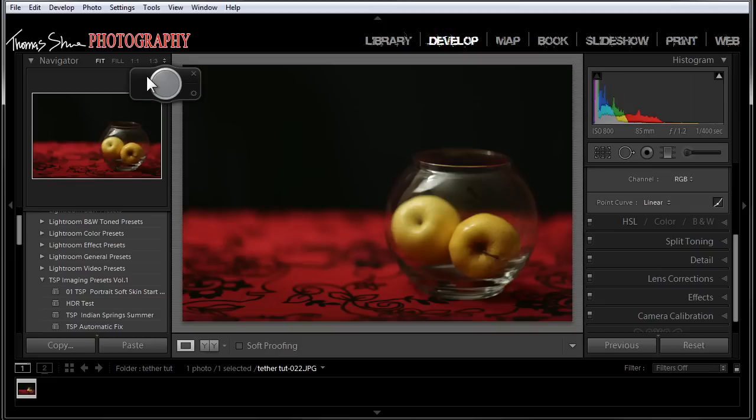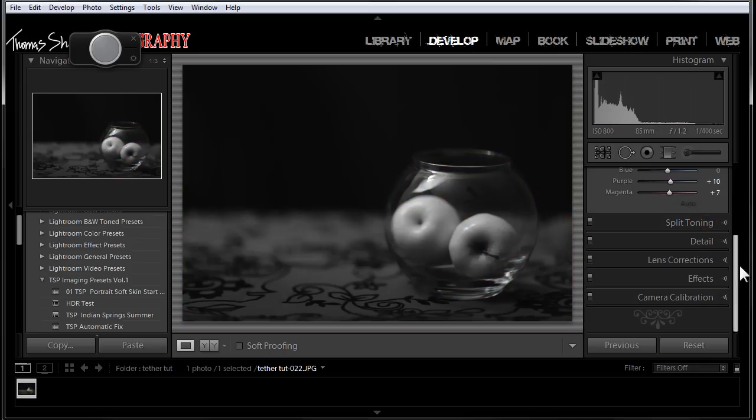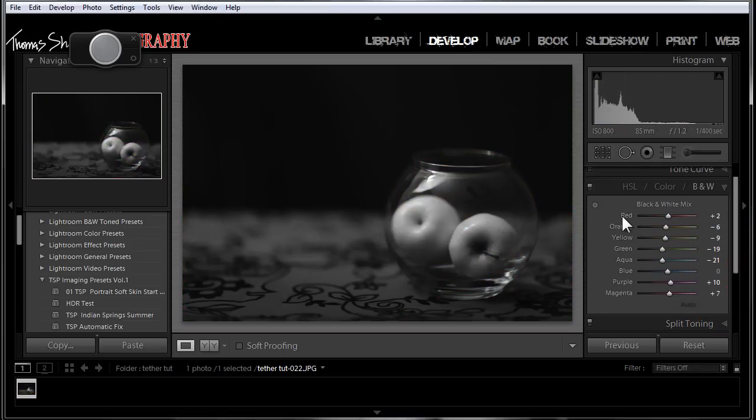So we're going to go into the develop module, and we're going to apply a preset to this. First, we're going to create one. So to create a black and white preset, we're going to come over here to black and white, okay? And let's go ahead and reset everything. You want to kind of remember what was in the images when you captured it. I know there's reds and yellows because of the apples, and these are the things that will be affected the